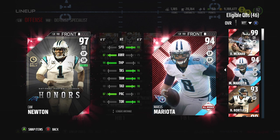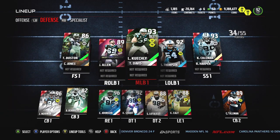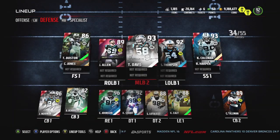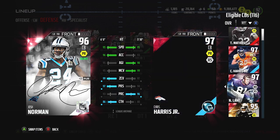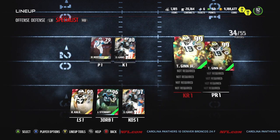2015-2016 Carolina Panthers squad, led by league MVP Cam Newton. We got Ted Ginn at receiver, Jonathan Stewart coming out the backfield. The defense has some big names like Thomas Davis, Luke Kuechly, the Dark Knight Josh Norman. In the middle, we got Kawann Short, Star Lotulelei. We have a great offensive line with this Carolina Panthers unit led by Trai Turner, Ryan Kalil, and then you